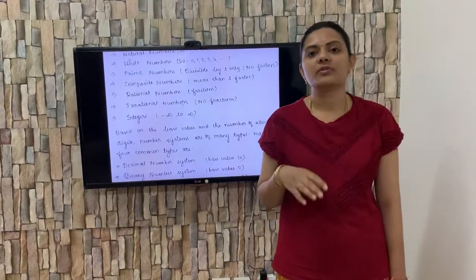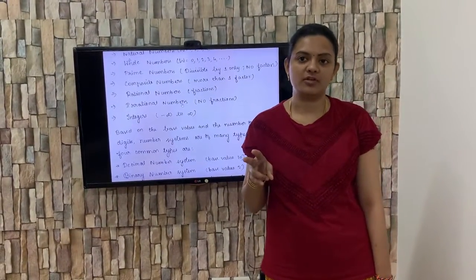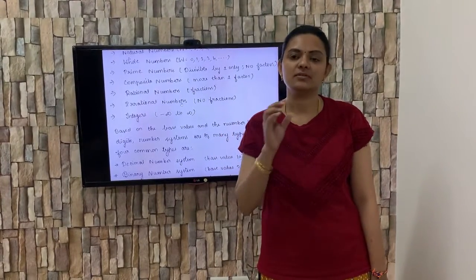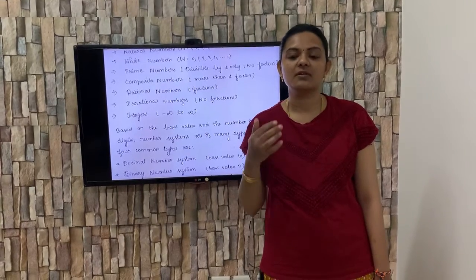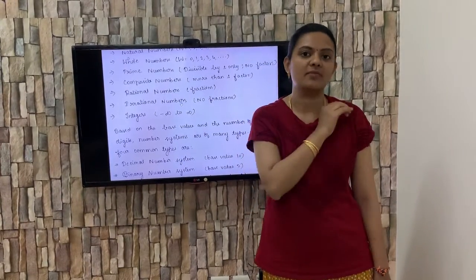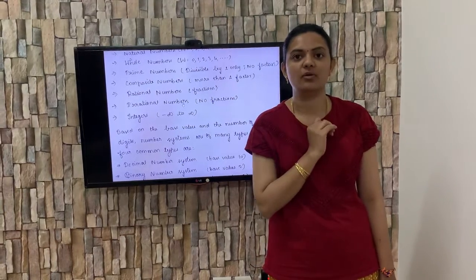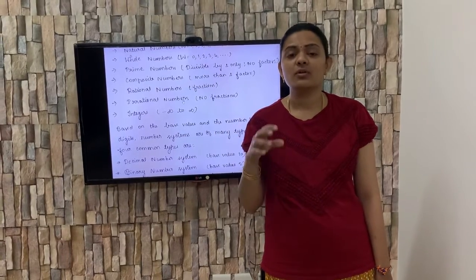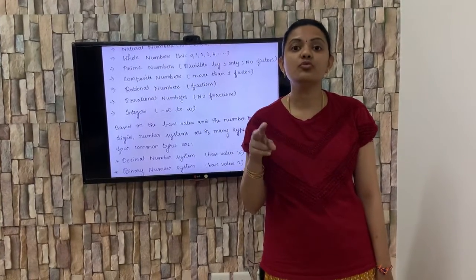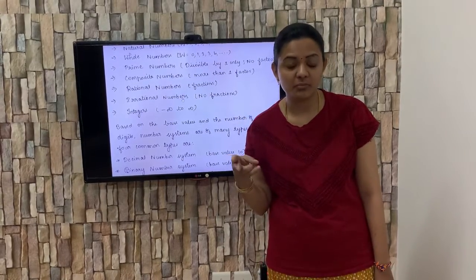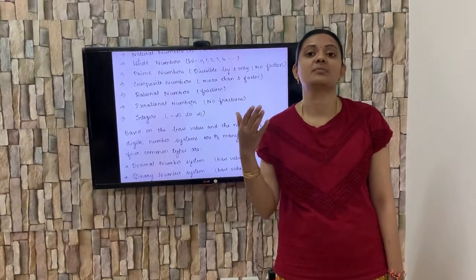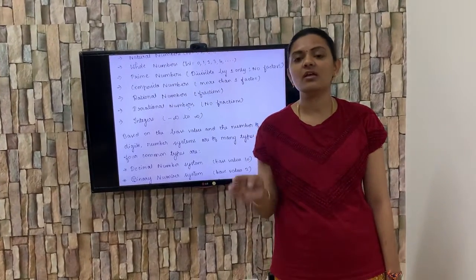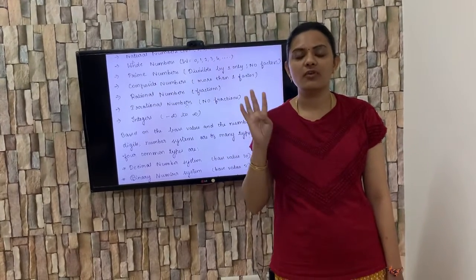When we talk about number systems, two values are very important. They are base value and place value. We know what is base value, nothing but a number, and place value is nothing but what is written on the top right side of the base value, like 2 to the power of 4, 10 to the power of 4, like that. So when we talk about number system, these two values, base value and place value, are very important because based on that only the number system has been classified. There are many kinds of classifications, but mainly in this standard we are going to see only 4 types.